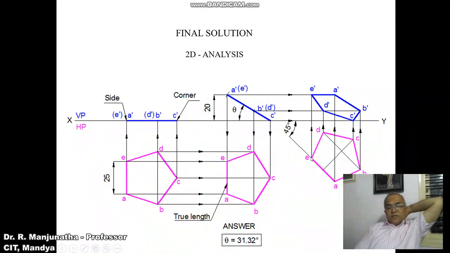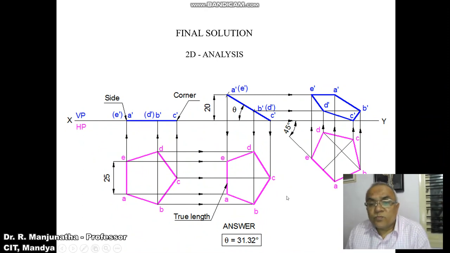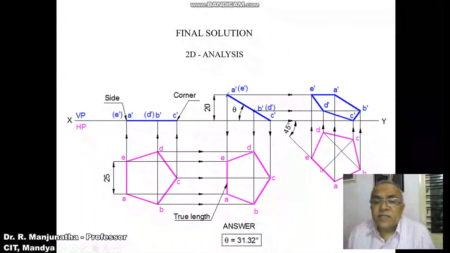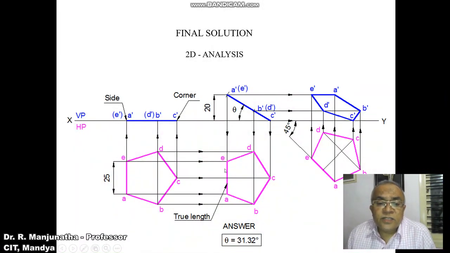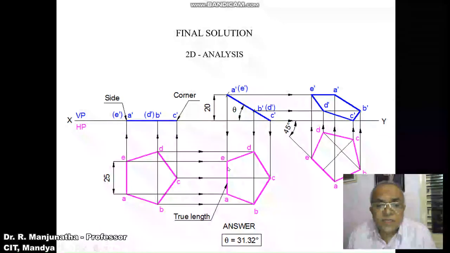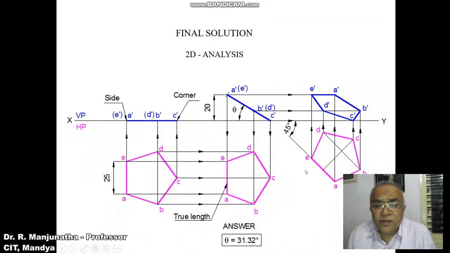With that as center, you mark this point as E. With this as center, draw a horizontal line, and by using the protractor with E as center, measure an angle of 45 degrees with respect to this horizontal line, and then draw an inclined line. Then you measure the distance from E to A. From E, you transfer it onto this line. Similarly, from E as center, taking the radius of E to this point, from E you transfer to this point.